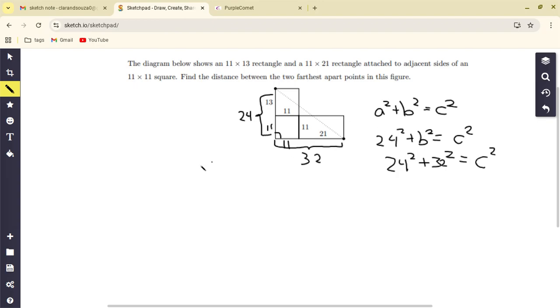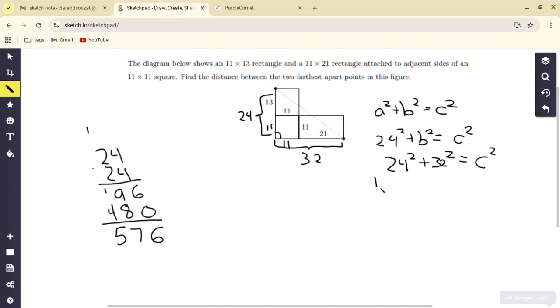So what's 24 squared? 24 times 24: 4 times 4 is 16, 4 times 2 is 8, plus 1 is 9, 2 times 4 is 8, 2 times 2 is 4, you get 6, carry the 1, 7, and 576. So here we got 576,